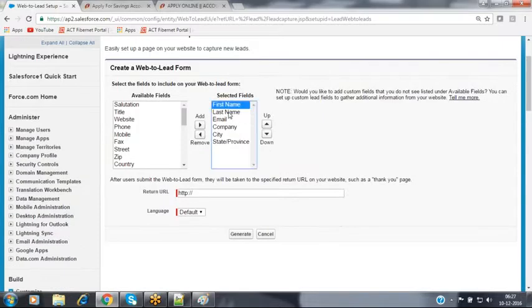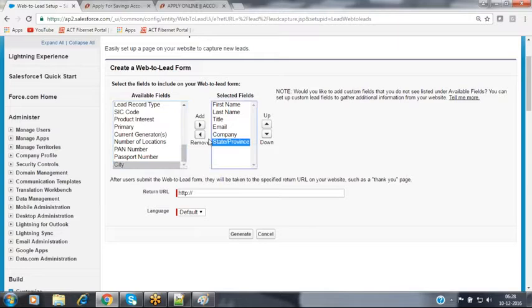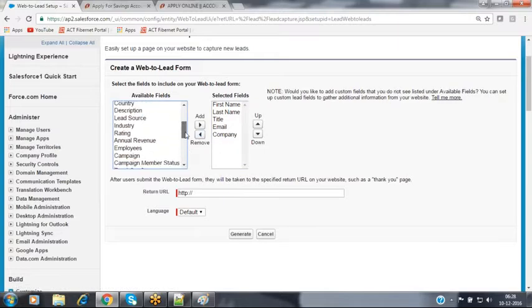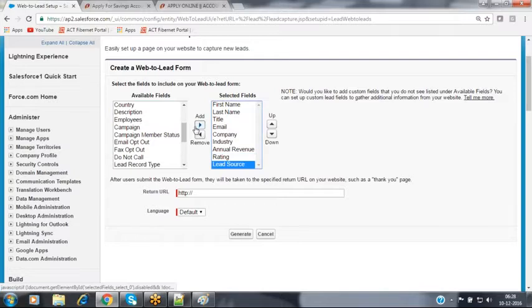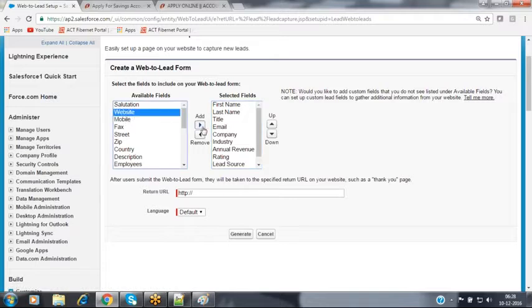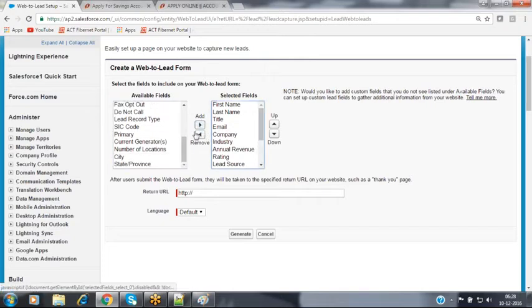Now, I want to provide the first name field, last name field, and then I want to place the title, and then I'm expecting the email and the company, and then fields like the industry to which he is associated and his annual revenue, and the rating and the lead source, and I want the phone number and his website details, his fax number, and along with that I want a few details like the product interested, nothing but which product he is going to be purchasing right now, his PAN number, his passport number,